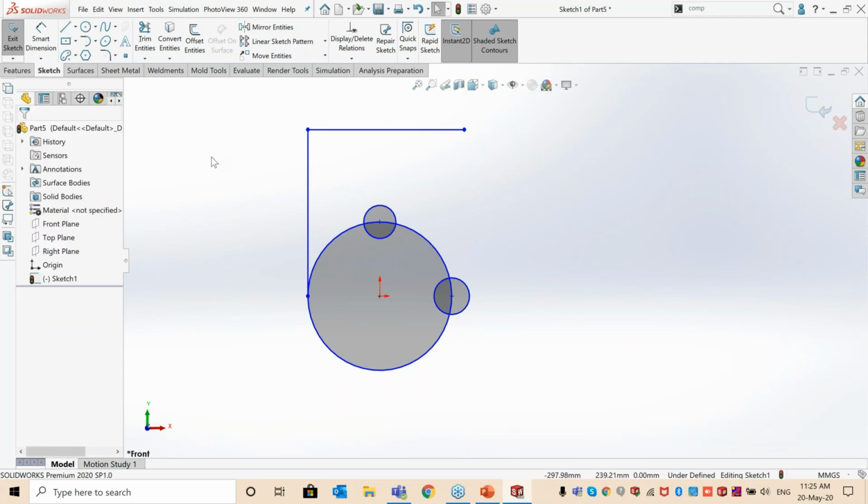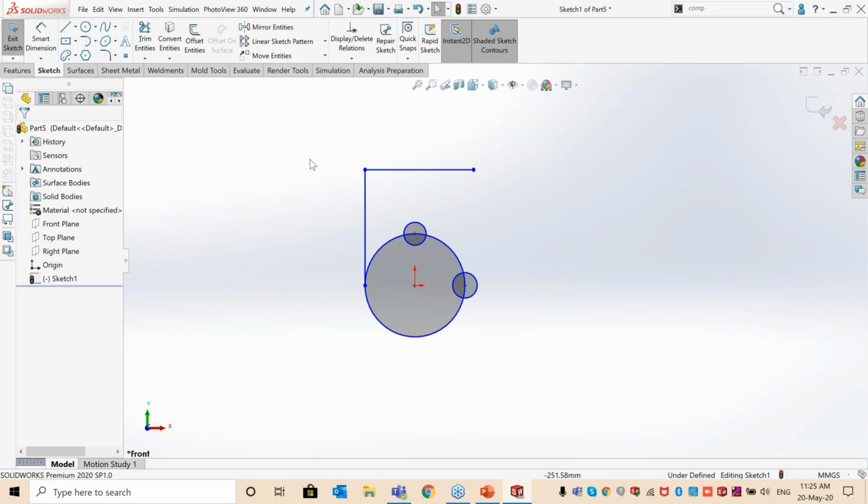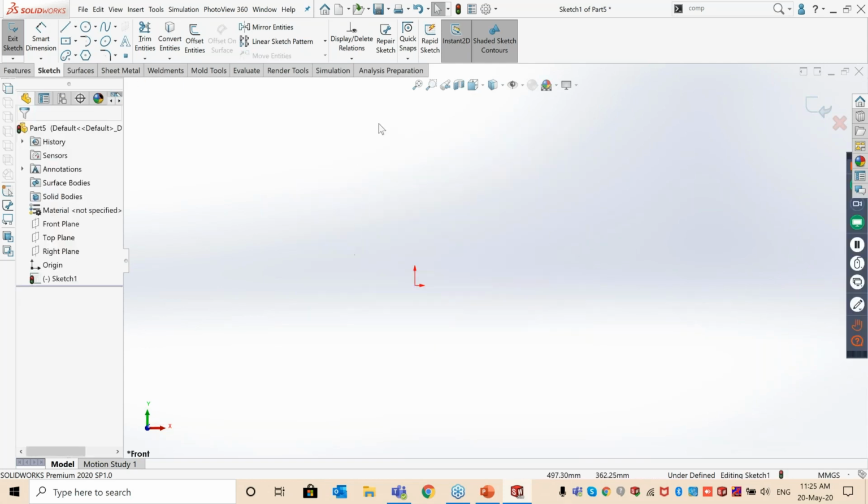For repeating commands in sketching, you can use the Enter key. Next, if you get bored with the graphics area background, this is your graphics area. You get bored with this